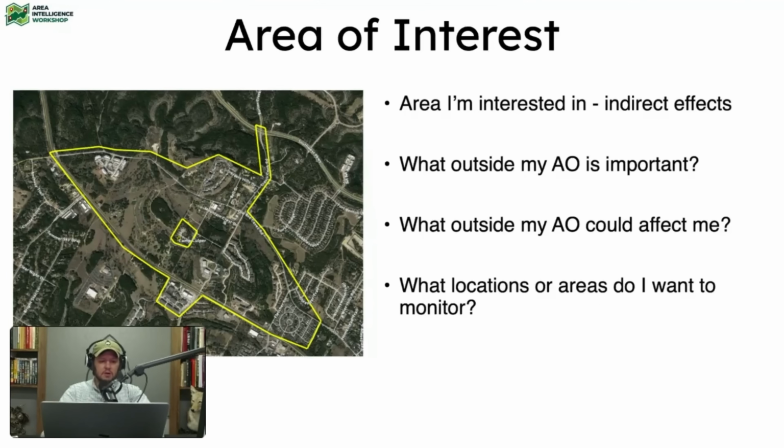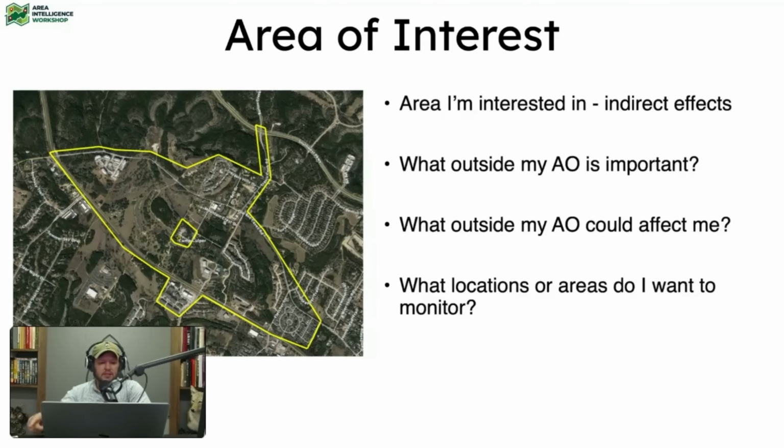Now, on this map here, we'll just go from the top part there. That's the Southwest Parkway, that road that curves up on the northeast corner of that map. That's a high-speed avenue of approach. That's a main artery for that area of Southwest Austin. And so I am interested in whoever's turning off that main artery into my neighborhood, because it's less than a mile from that turnoff, you can be in my neighborhood. So that is an area of interest to me. That is something that I would like to have information on.